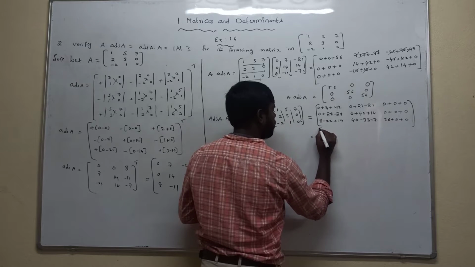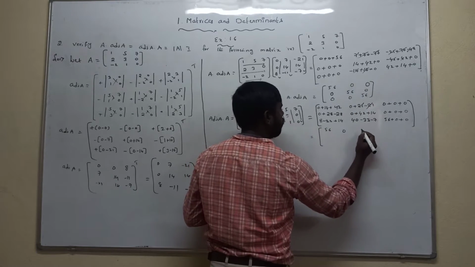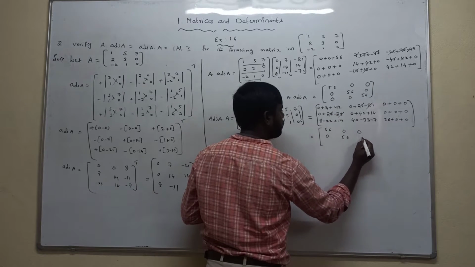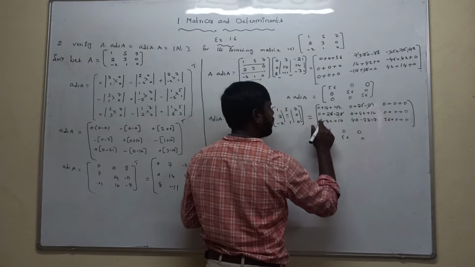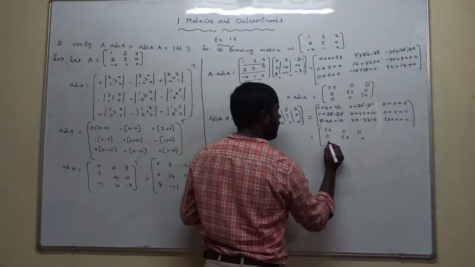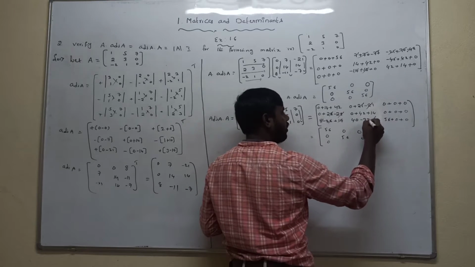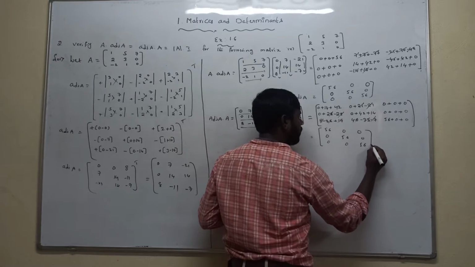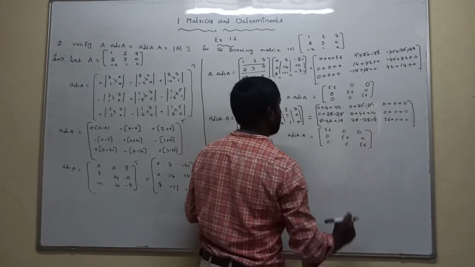Simplify this one. This one also we get 56 plus 21 minus 21 get 0, 0 minus 28 plus 28 get 0. This value is 56, 0 minus 22 plus 14 plus 8, that is minus 22 plus 22 cancel, 0. Minus 33 minus 7, that value is minus 40, minus 40 plus 40 get 0. So finally 56 plus 0 is 56. This is adjoint of A into A matrix value.